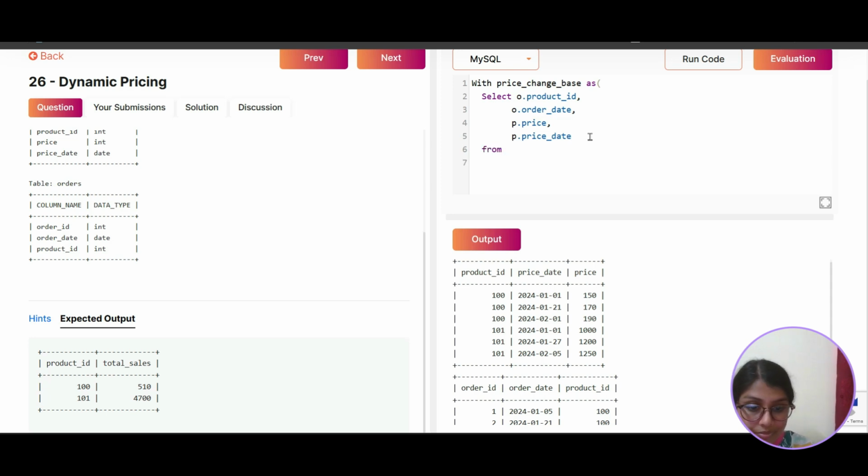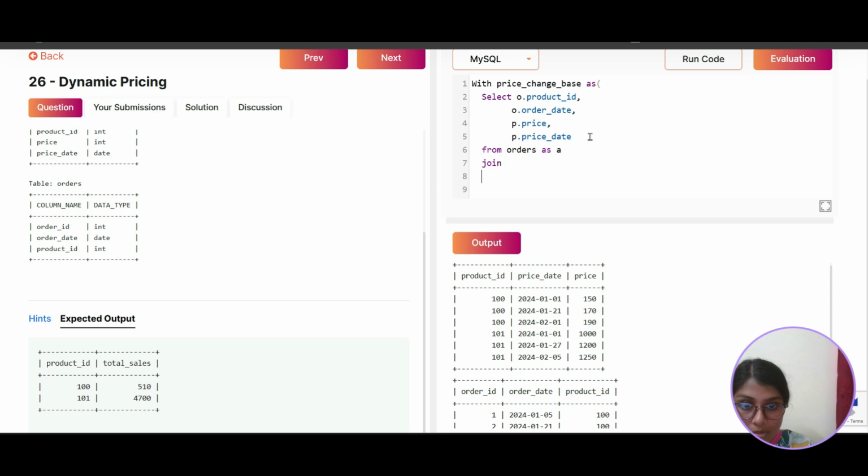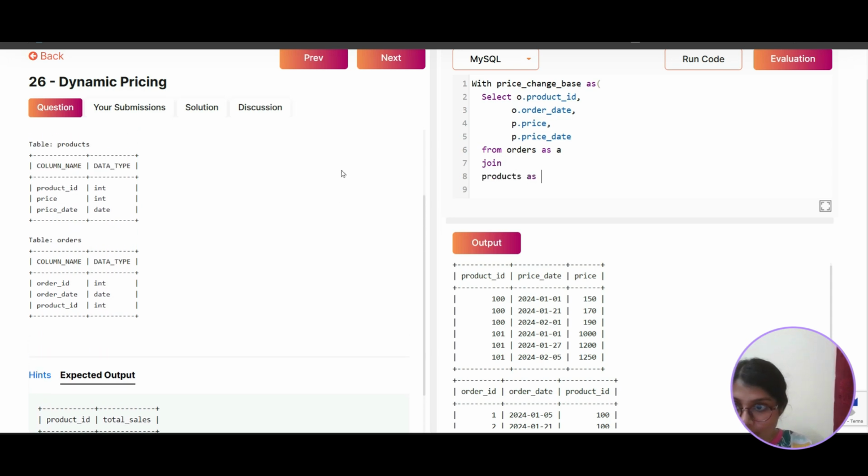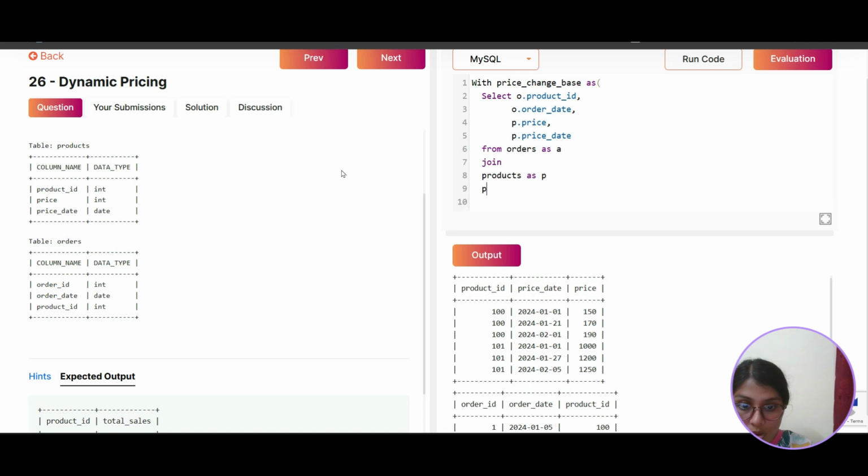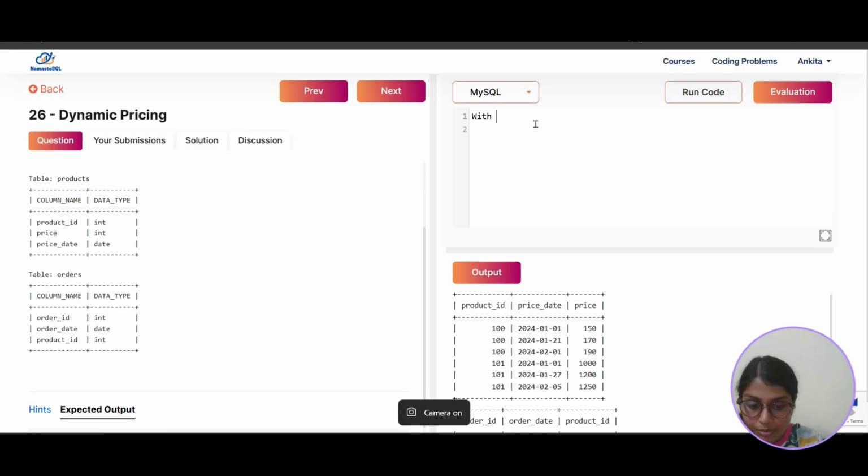From orders as O, join products P on O dot product ID equals to P dot product ID. Product price change as,